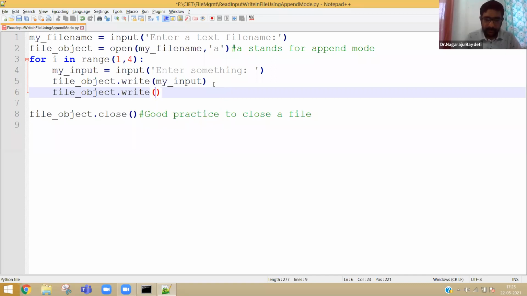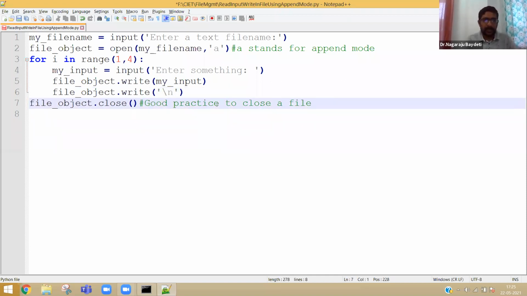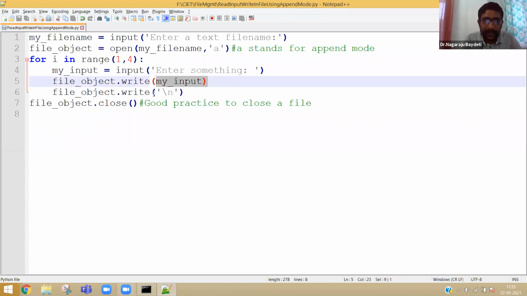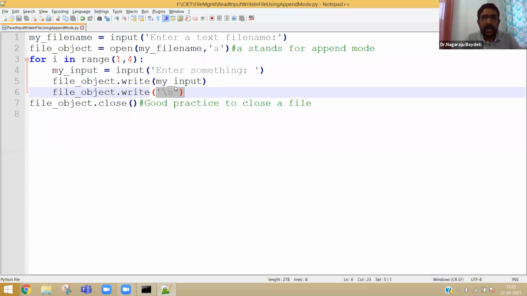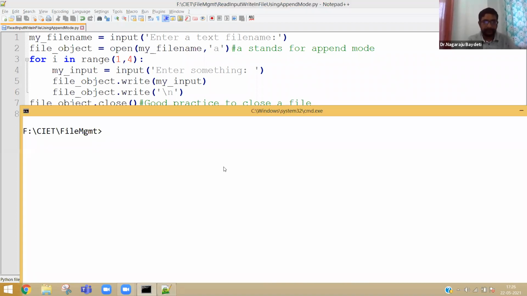Everybody in C language knows what is new line, no? \n is like the enter button. \n is new line. Now, let me execute the program. So after writing my input, I am writing new line. Again, I will take the input. I will write the new line. Are you able to understand what I am saying? So let me execute the program now.